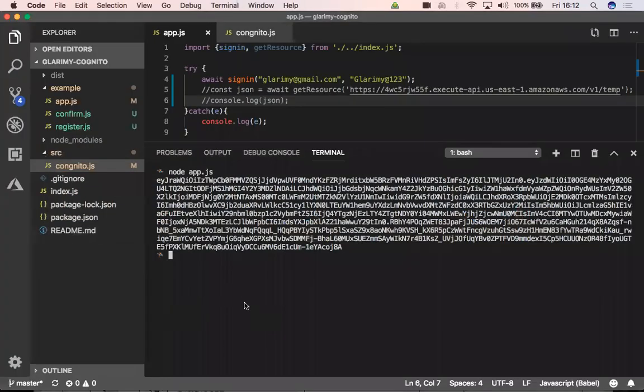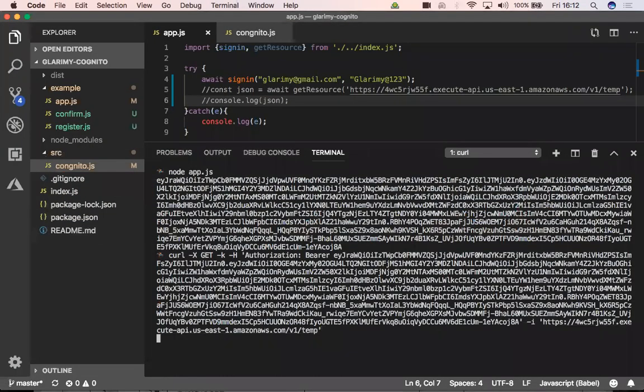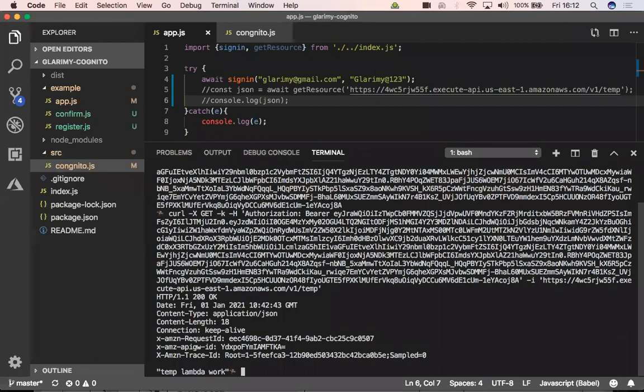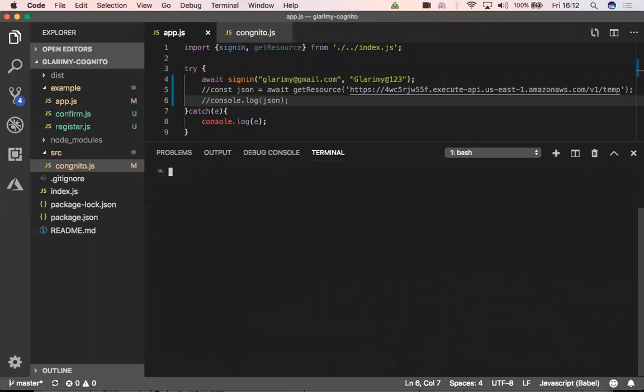I can also do the same thing from curl. Curl is a command, you know. Yes. Let me make a curl command. Here also I'll get the response. See, temp lambda is working. It doesn't matter who is making the call. This is where I'm saying whoever has this token will be able to access your API. So your job is to make sure that this token is not visible to each and every random person. Yes, got it.